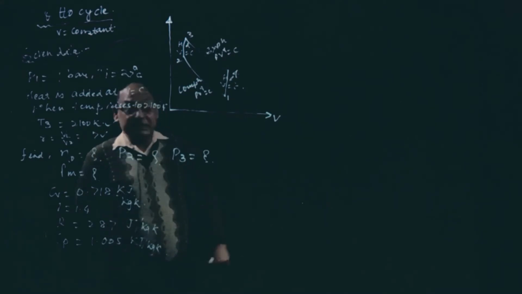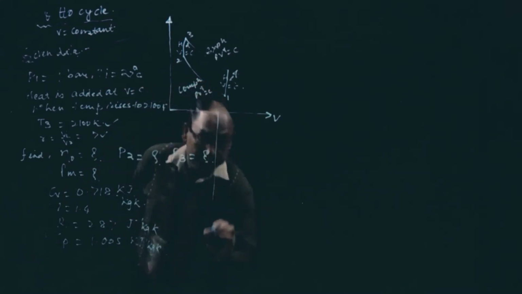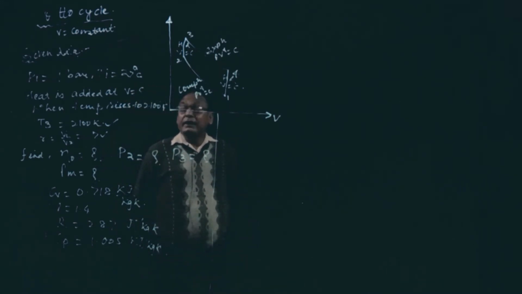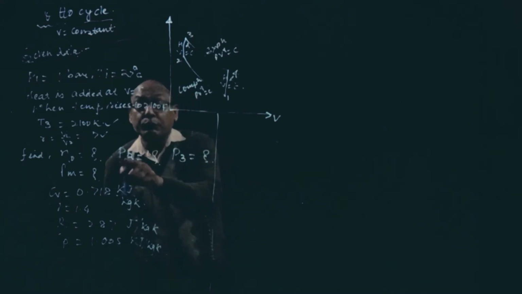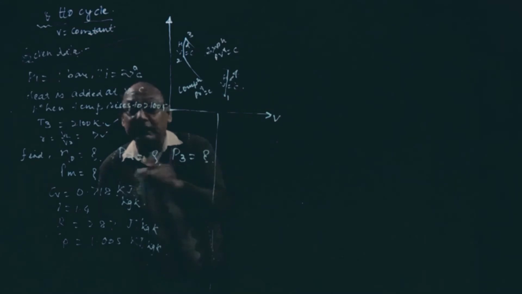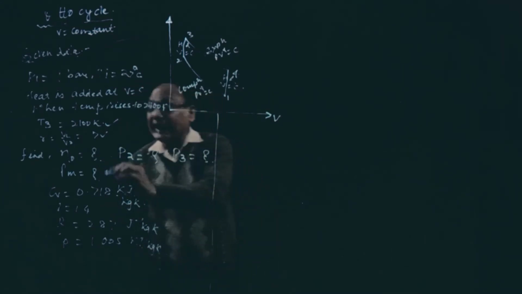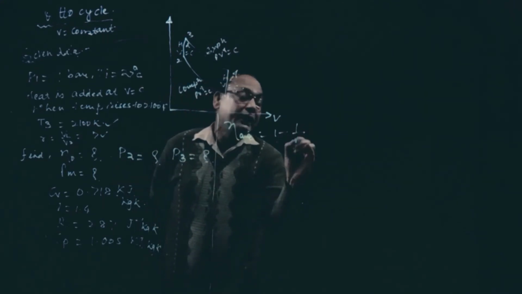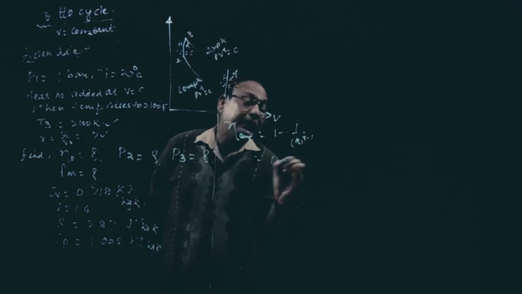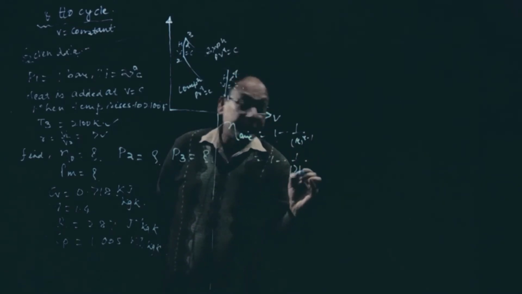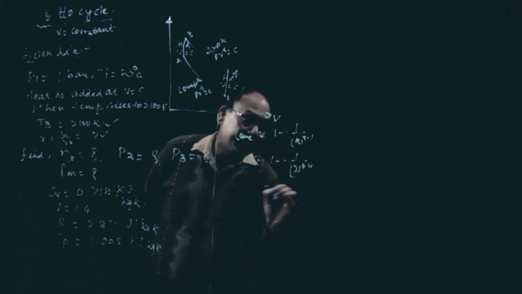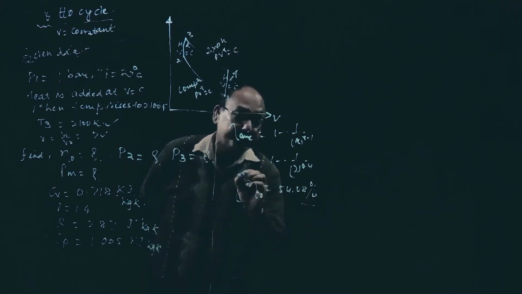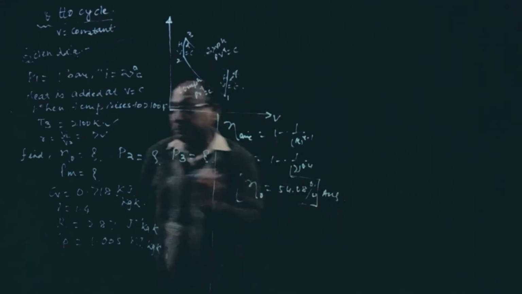Now let us start to solve the problem. First of all, cycle 1 to 2. We have to find out P2 also, P3 also. Since the compression ratio 7 is given, the air standard efficiency is 1 minus 1 by R to the power gamma minus 1, that is 1 minus 1 by 7 to the power 0.4, which is just 54.08%. This is the Otto efficiency, the first part of your answer. So this part we have completed.